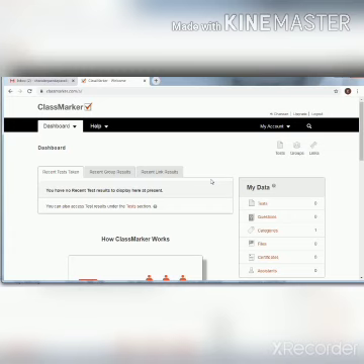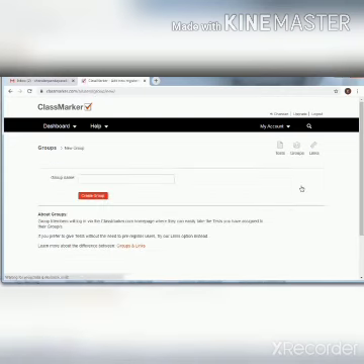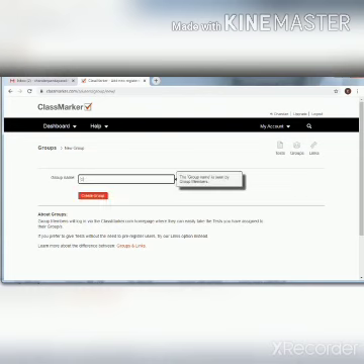So how to create the group? Let us click on the group option on the left hand side. You can find the group option I have selected. Then click on new group. Give a suitable group name. So here I am giving the group name as class 9.